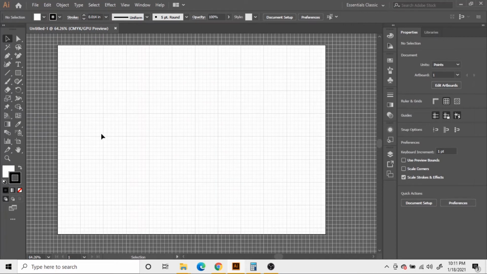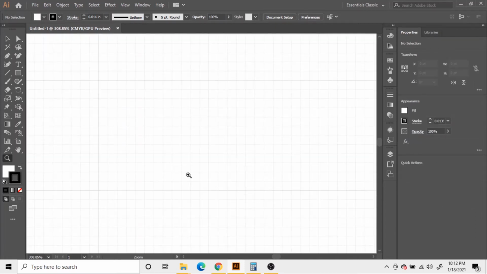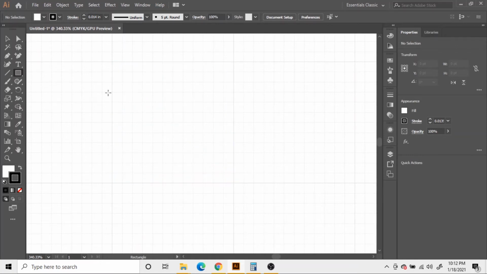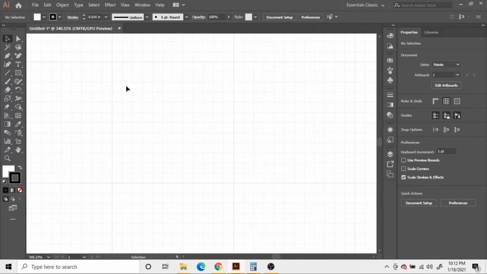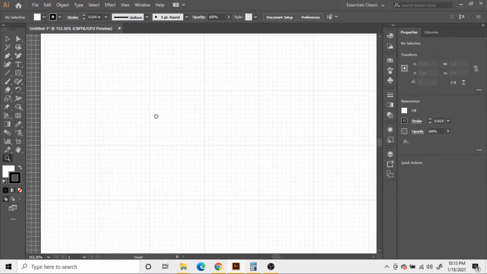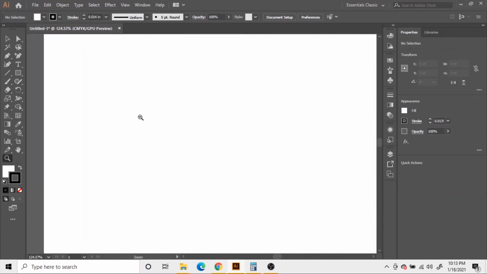As you can see, at every inch we have a grid line, and we have 12 subdivisions between these grid lines. This box represents 1 inch. So every 1 inch of this document has a grid line, which is this darker line here, and in between these two grid lines we have 12 subdivisions. So basically 1, 2, 3, 4, 5, 6, 7, 8, 9, 10, 11, 12. This is the setting that we just did in our preferences section of Adobe Illustrator.